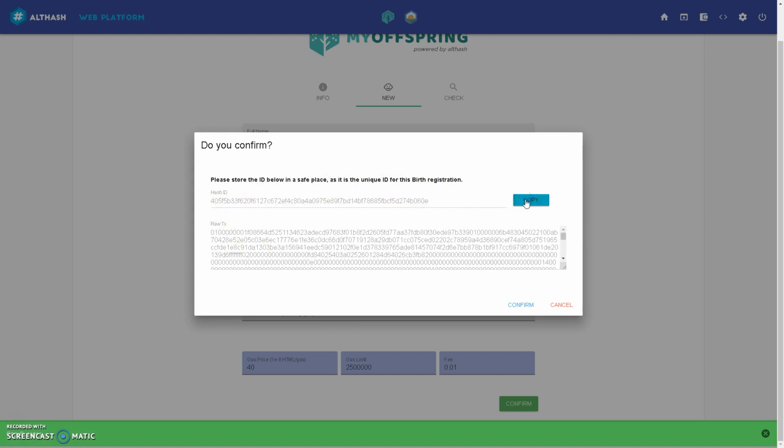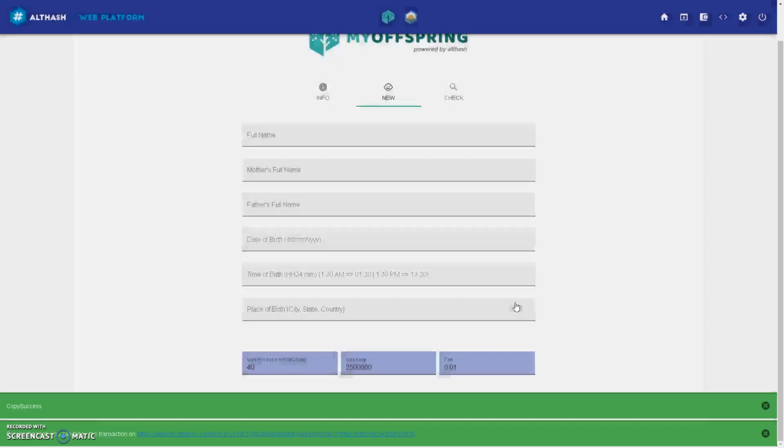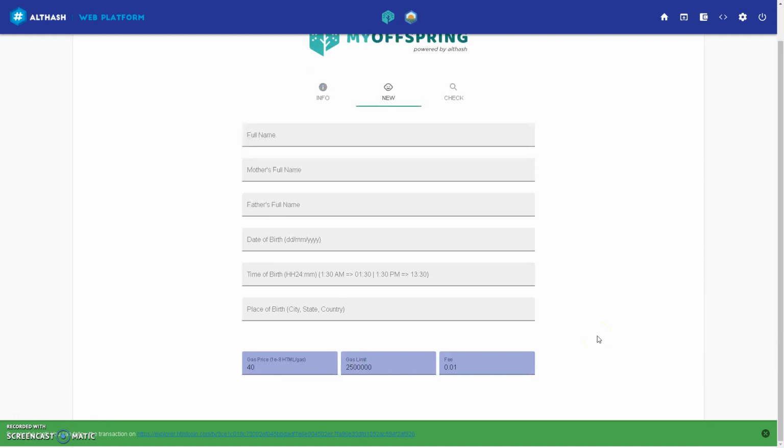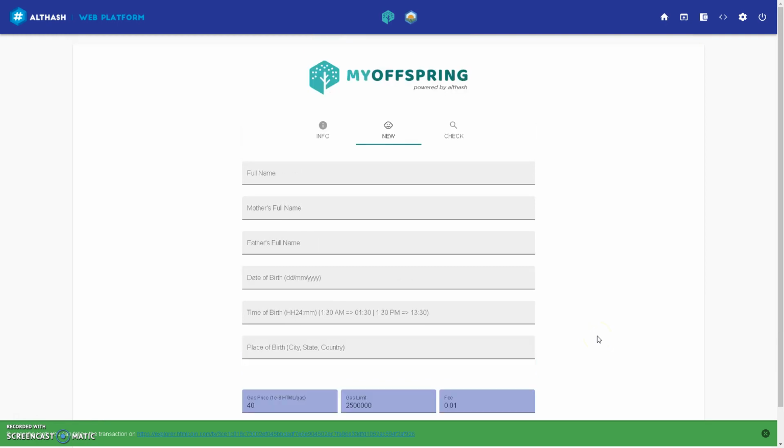Okay, I'm going to copy this and I'm going to save this data on a text file on a USB key where I keep all my wallets. That's copied. Confirm. Okay, after this video I'm going to save this onto a text file and put it onto a USB, but it is as simple as that. Now my daughter is registered on my Offspring